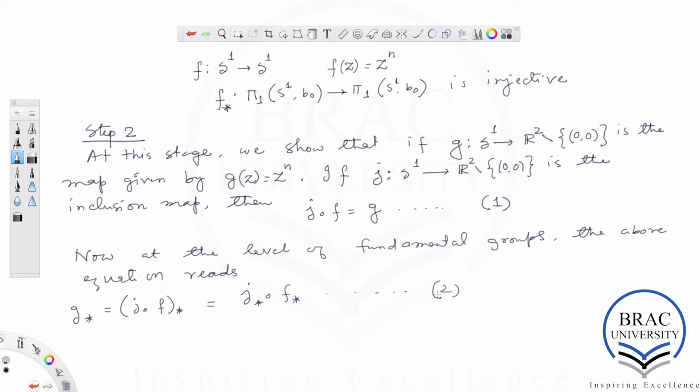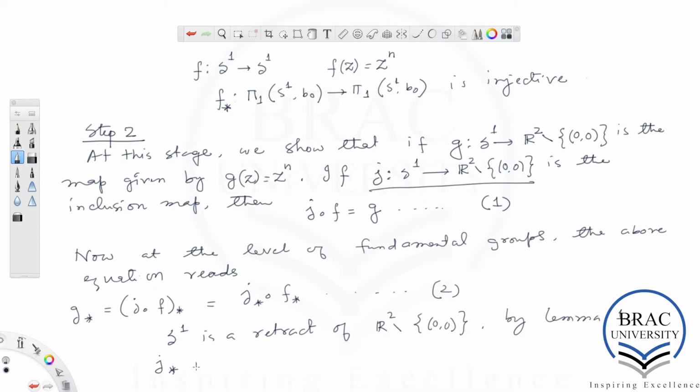Now, the point to note is that since S1 is a retract of the punctured plane, we have seen it earlier, by lemma 1, the induced homomorphism corresponding to this inclusion map j is injective. Okay, and we proved earlier in step 1 that f star is injective,